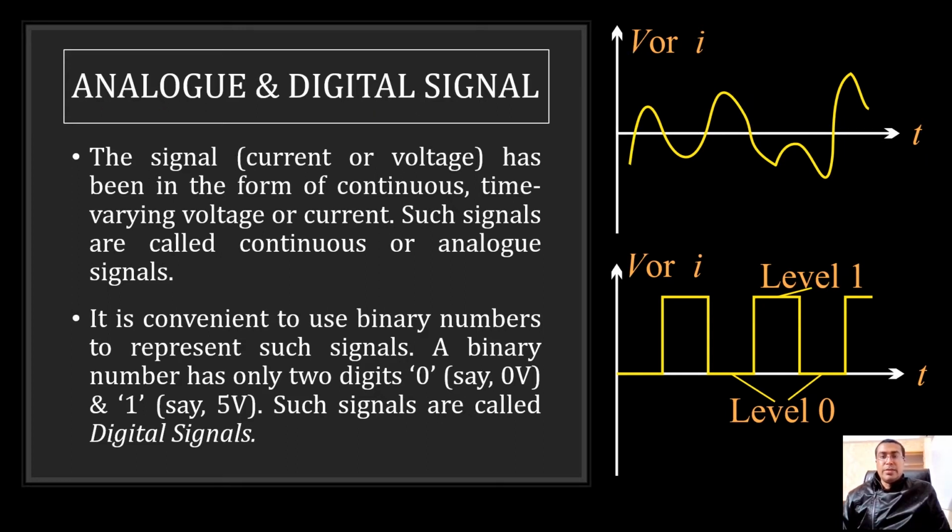So an analog signal is a continuous signal, as I have shown in this graph, whereas a digital signal is either 0 or 1, and we call these binary numbers. 0 means off and 1 means on. It is quite possible that when we write 1, the voltage is 5 volt or the current is 5 ampere. It is also possible that the voltage is 10 volt. So 1 does not refer to 1 volt. 1 refers to on and 0 refers to off.